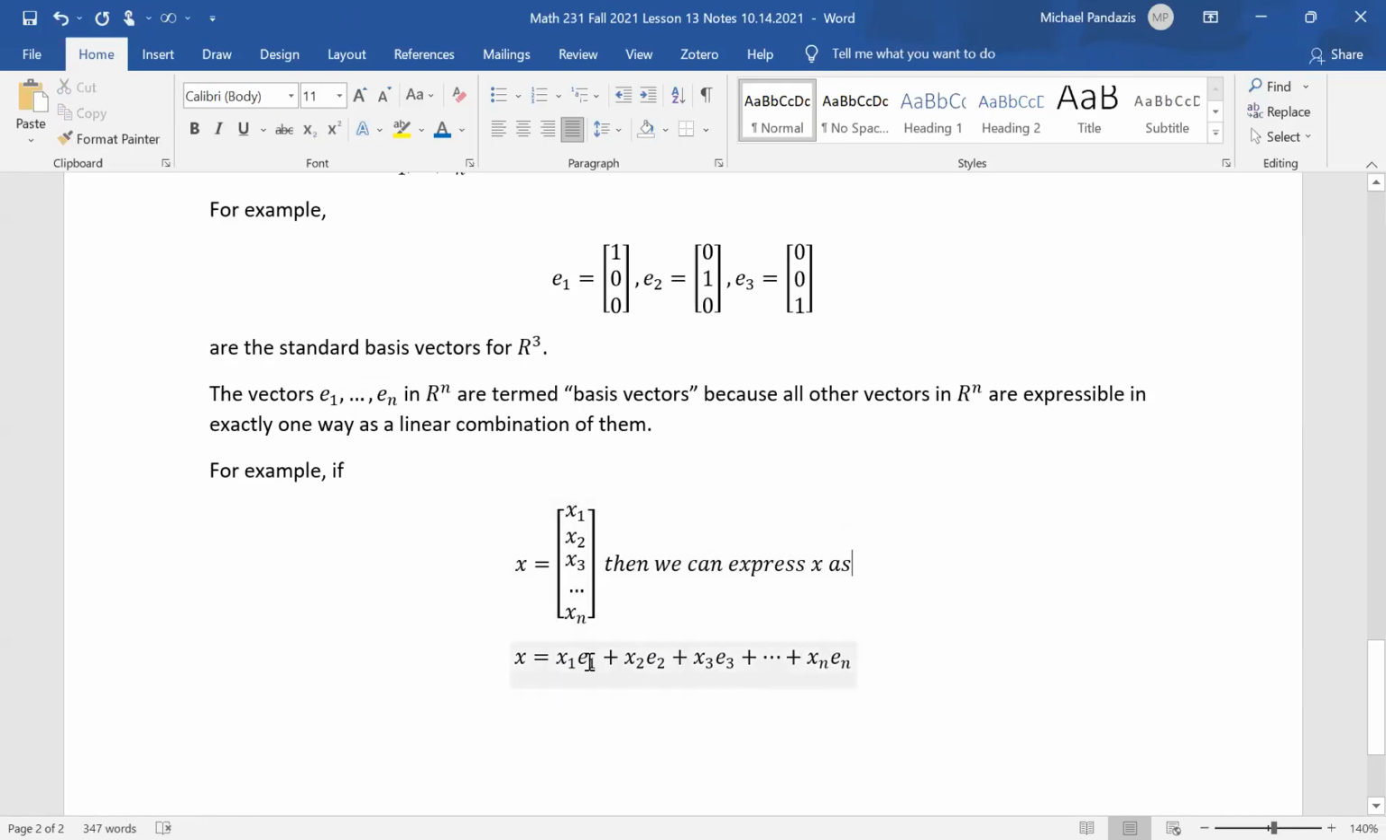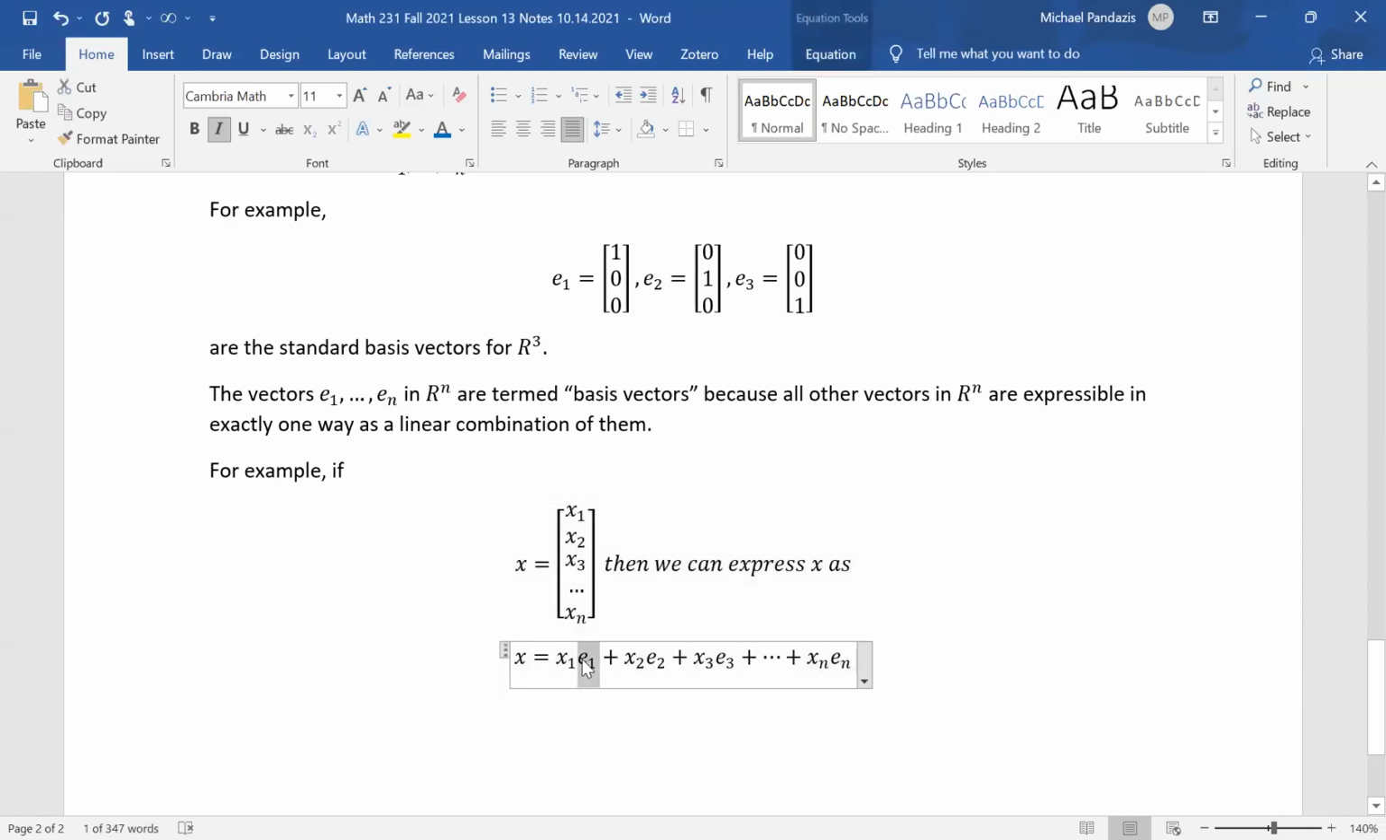Okay, and actually, this is the only way to express x as a linear combination of E1 to En. Okay, so not only can we express x in this way, it is the only way to express x as a linear combination of E1 to En. Okay,